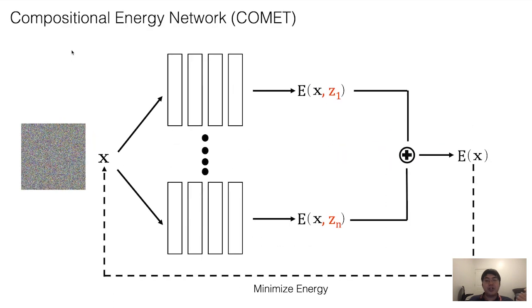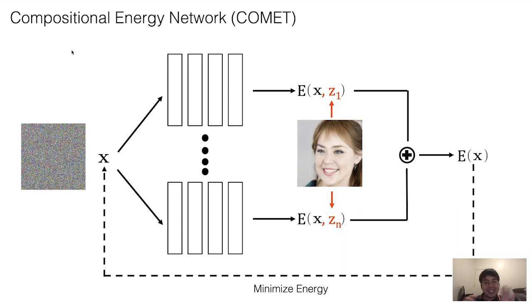Now, how can we learn to discover a set of compositional energy concepts which we can compose and recombine across different images as well as data sets? To do this, we use an analogous trick. We take an input image and encode it now as a set of different latents. We condition each of these separate latents on each of our individual energy functions to get a set of n